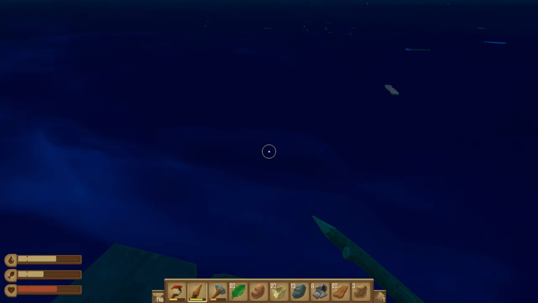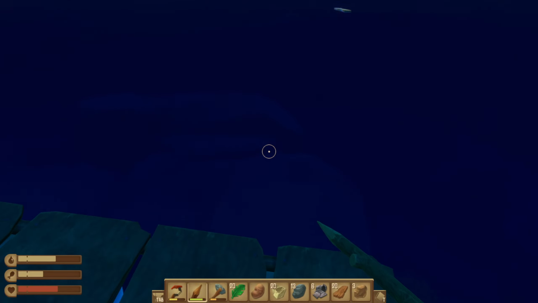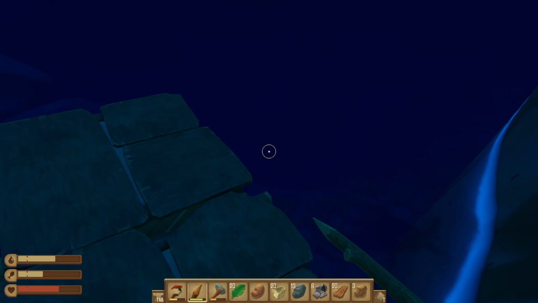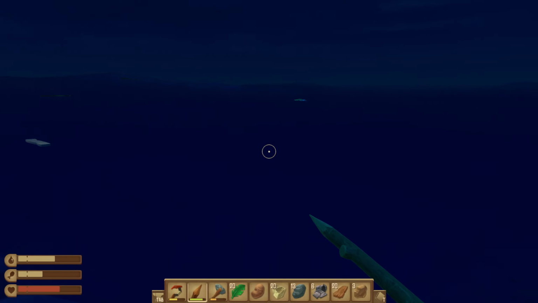Now that shark attack, I believe, is set to happen once every 5 minutes, but he will not attack while you're not on the raft. But then when you return to the raft, if it's been more than 5 minutes, he'll immediately attack. So I'm expecting him to attack here, but it doesn't seem like he is. I'm not sure where he is, so...